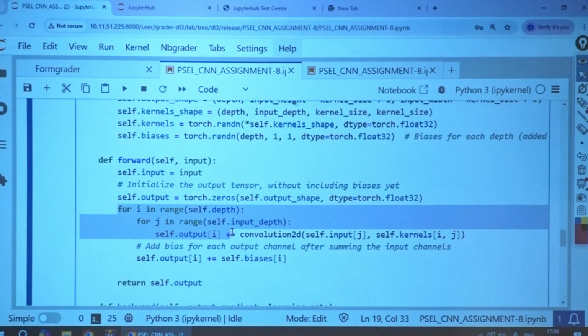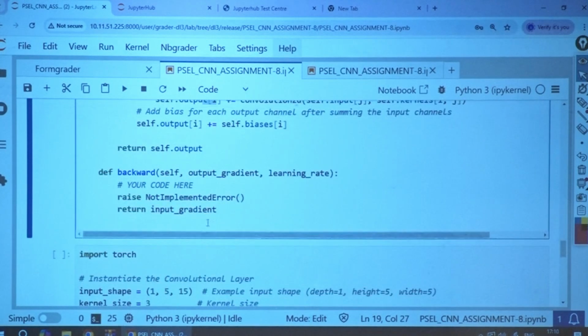If it is a color image, you would get 3 channels. So the input is, look at here, input Z, with the kernel indexing IJ. You are calculating the input of I for that output channel. Looking at the forward pass, you can get the idea how to write this backward.